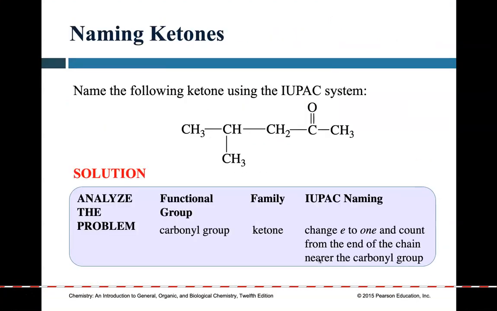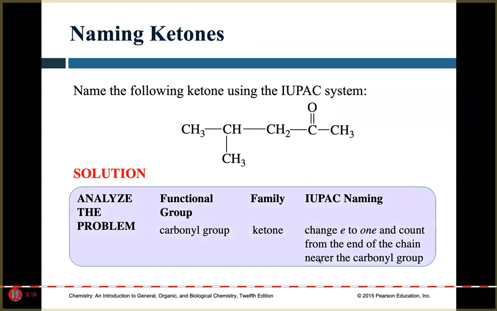So let's go through some of these naming systems again. We're going to fall back again, starting the same way. Find our longest carbon chain. 1, 2, 3, 4, 5. We'll go that way. Makes it a little easier to see. Figure out which functional group is going to take precedence and change the suffix of the name. Well, there's a ketone. How do I know it's a ketone? There's a carbon. There's a carbon. It's not an aldehyde. And like we said before, when we're dealing with alkyl groups, we're going to treat those as the least important in terms of